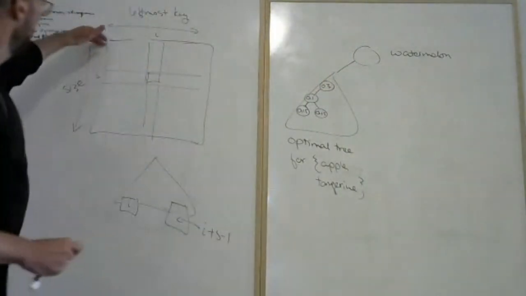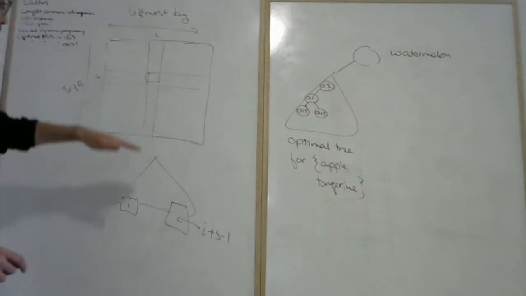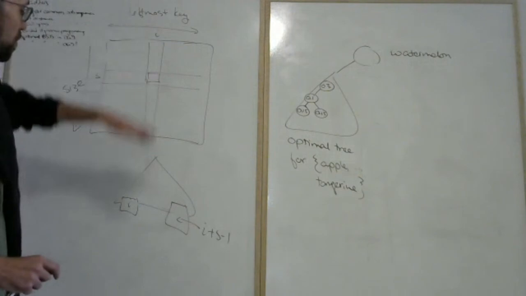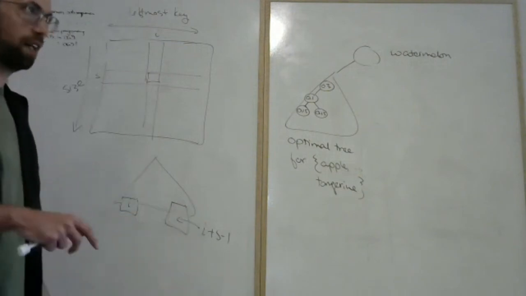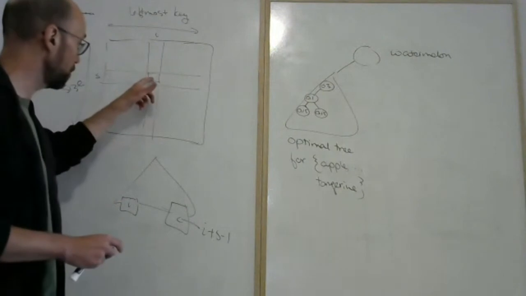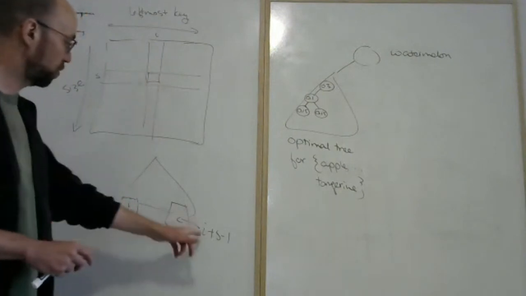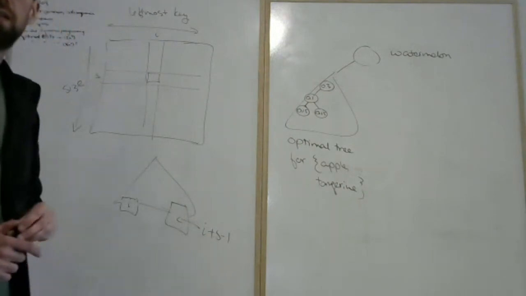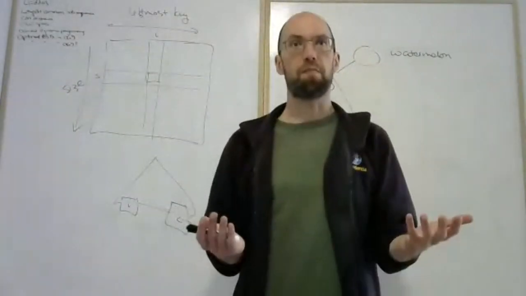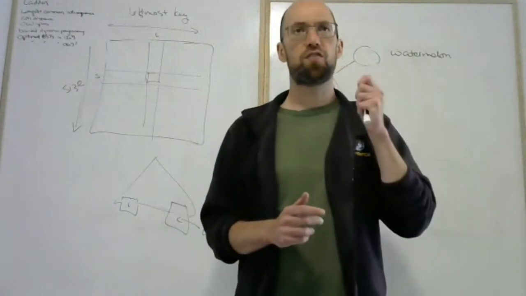For s from 1 to n, for i from 1 to n minus s plus 1, and then for each root from i to i plus s minus 1. So that's going to give you cubic time,